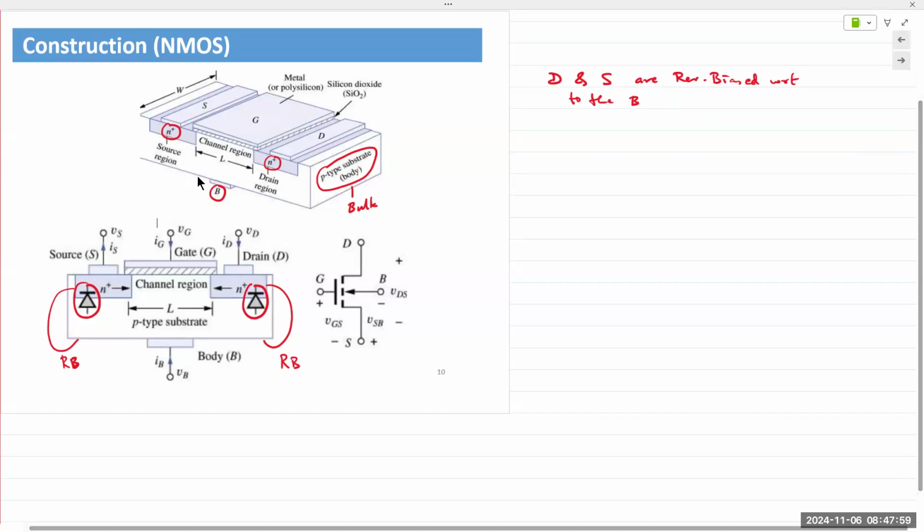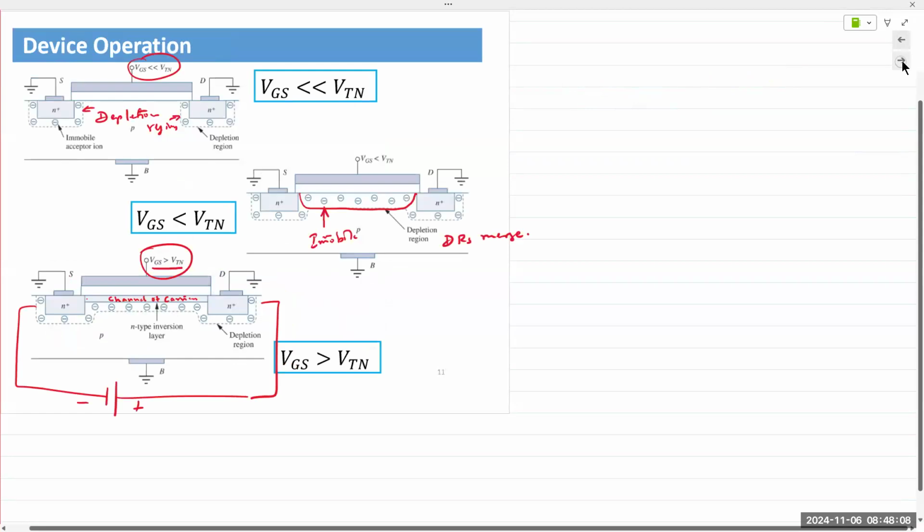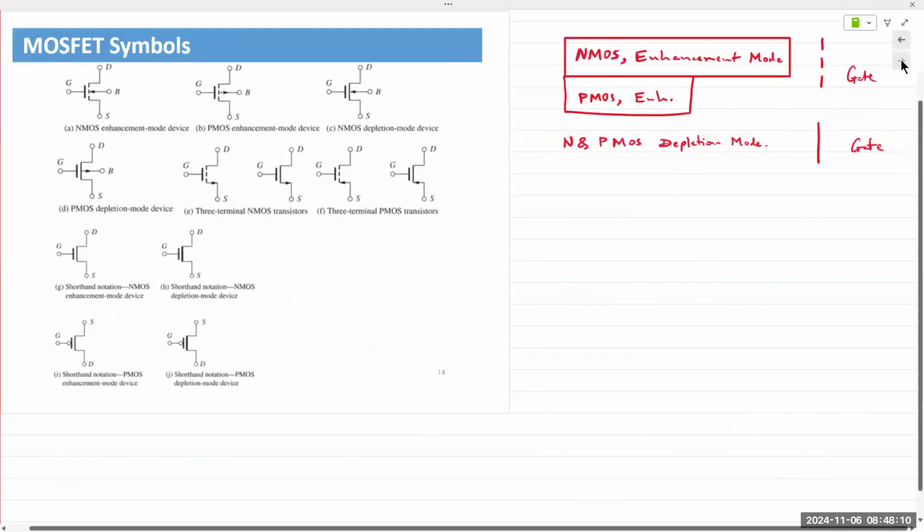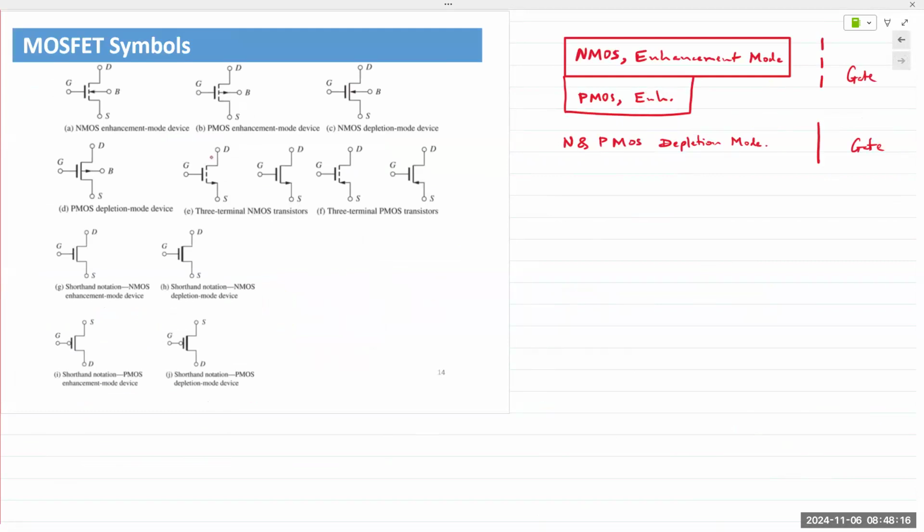It's used to provide more control over the device. So it depends on the applications. So the bulk. Okay, three terminal notations are similar, except there is no body terminal in there. It's just a